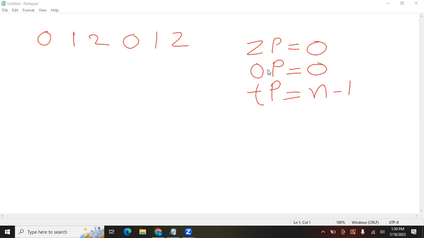So our 0 pointer and 1 pointer are here, and our 2 pointer is here. Now what we have to do is traverse with the 1 pointer, and at any point, if